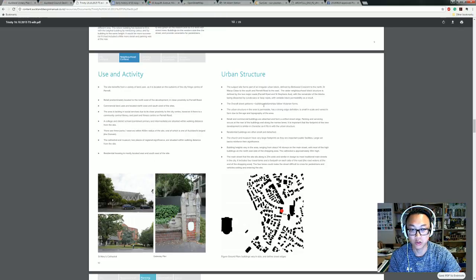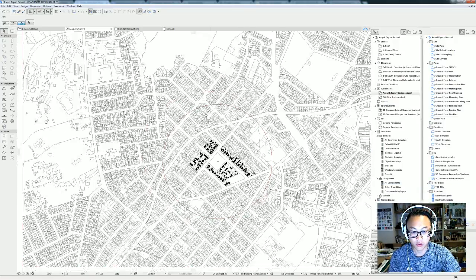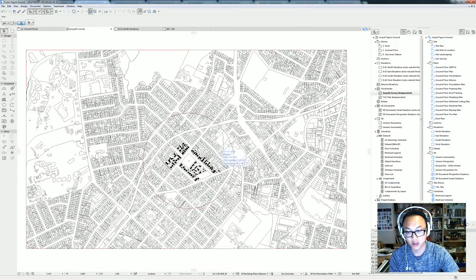So that's what you can do. And for the urban structure, that's why I started to do a Figureground, and you can start to see how the streets have been laid out. As you can see, the train is actually cutting into the grid that was created. See, there are blocks, so mostly grids,